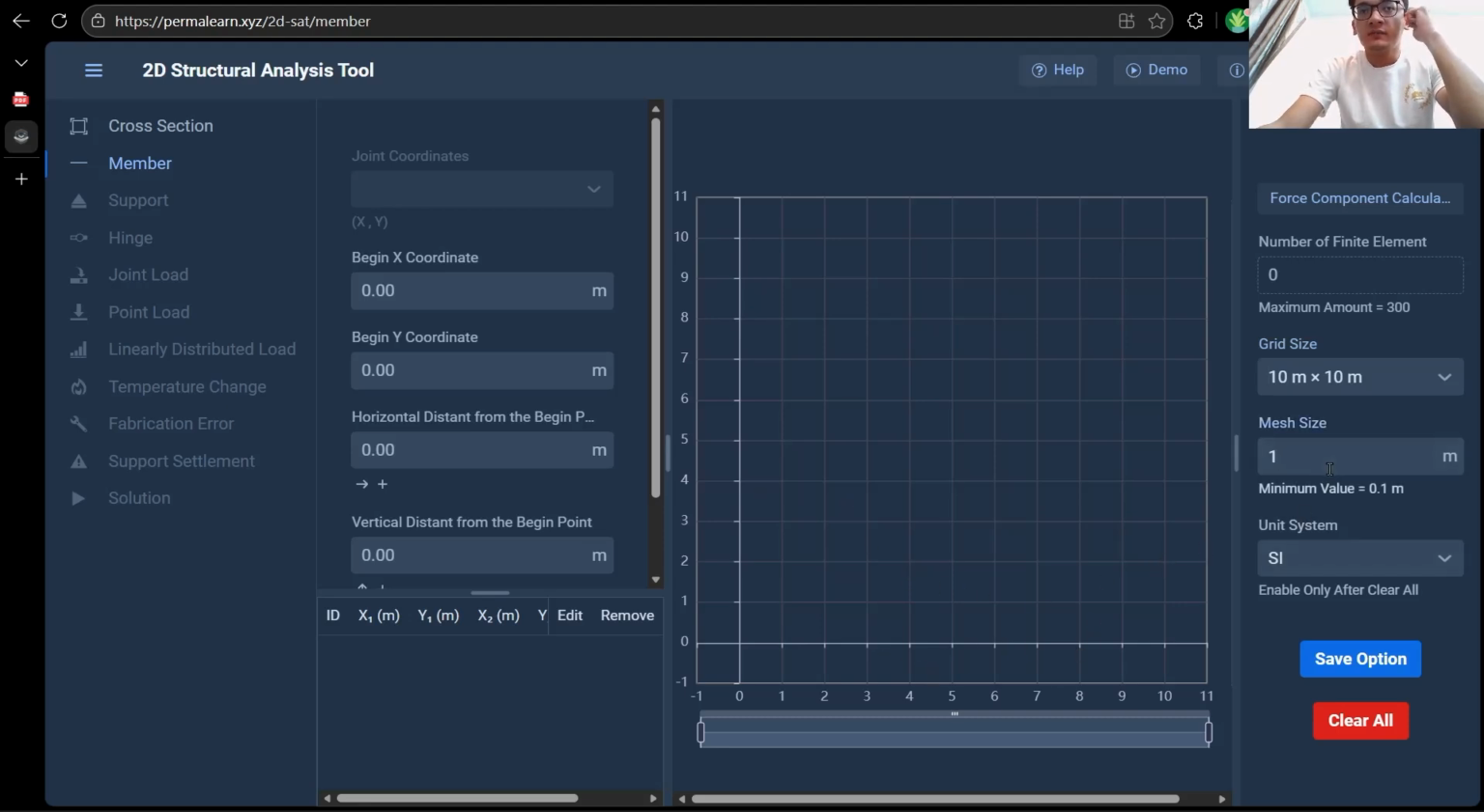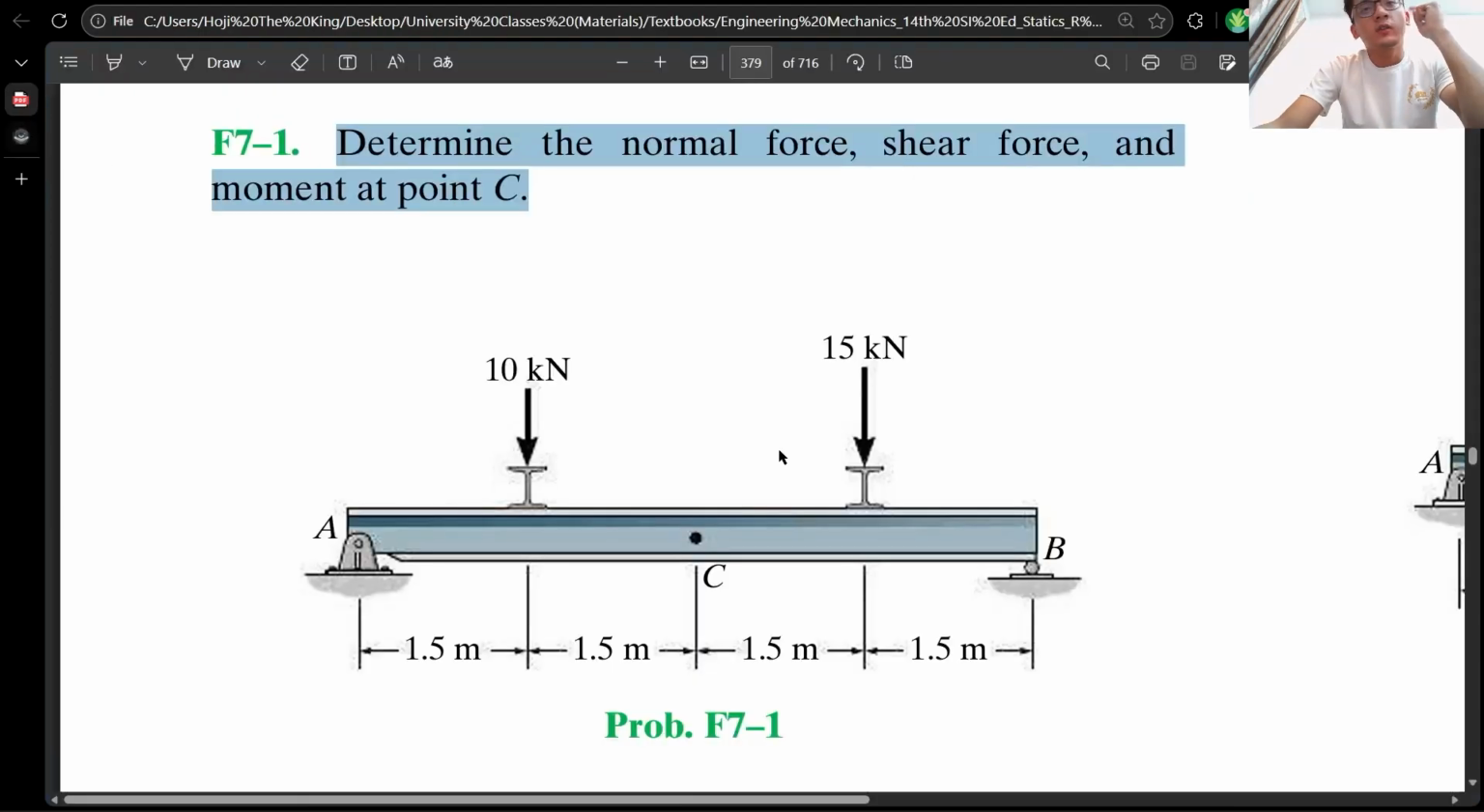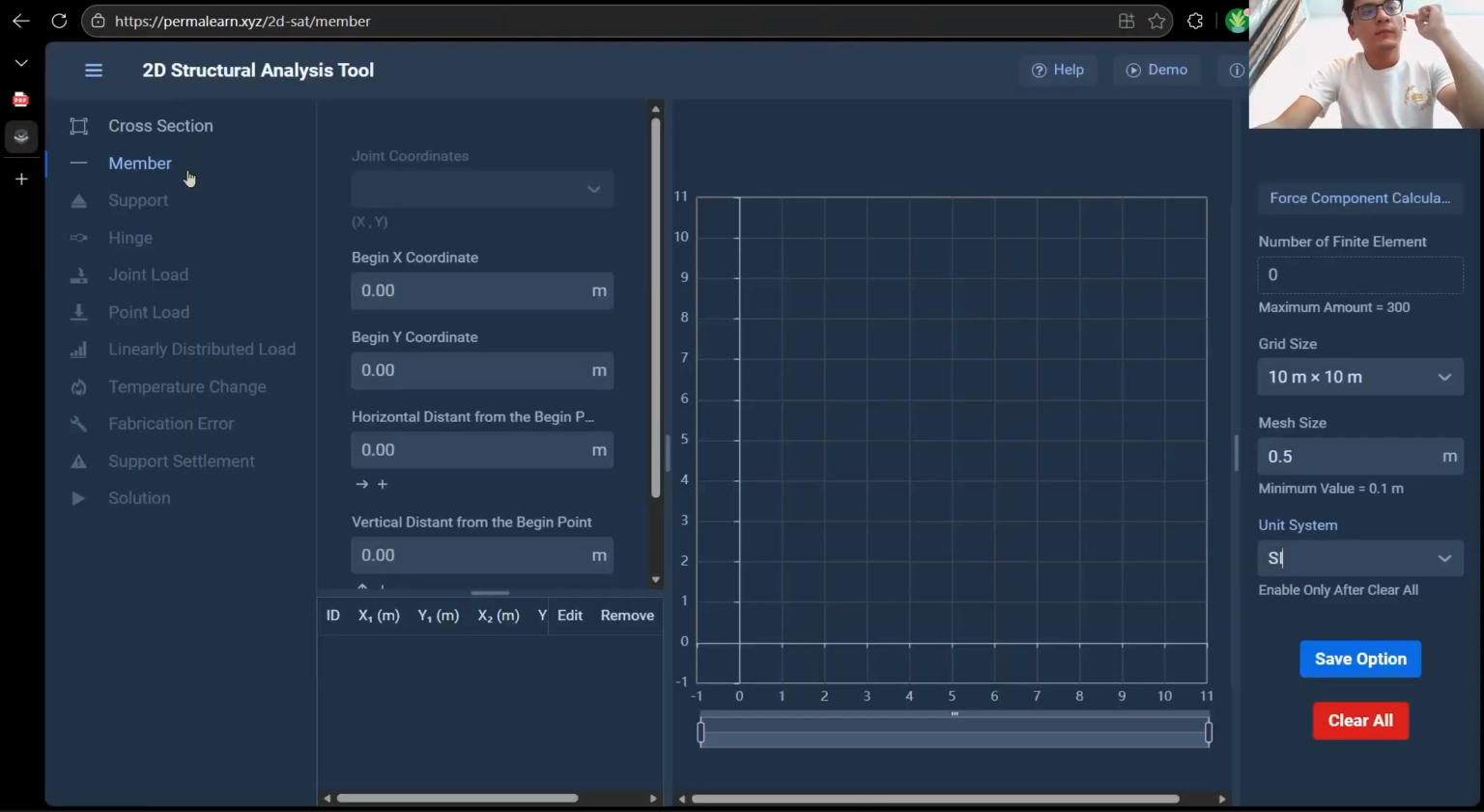And mesh size, we're going to make it 0.5 to be able to select points easier. Because if we leave it as 1 meter, we can only select points at each corner of the grid. So we're gonna select our units. We're gonna keep it SI units because the units are SI in the problem as well. So now let's save options. Now, and then on the left, we can see